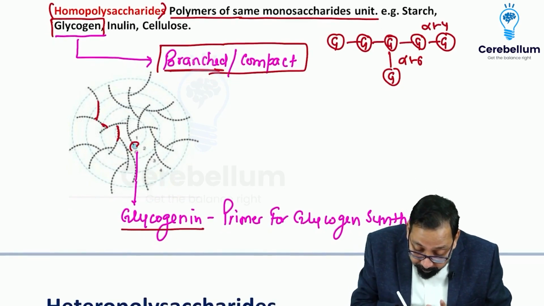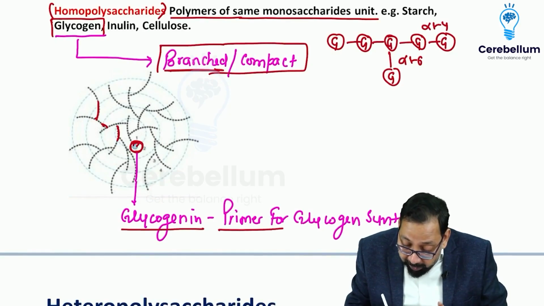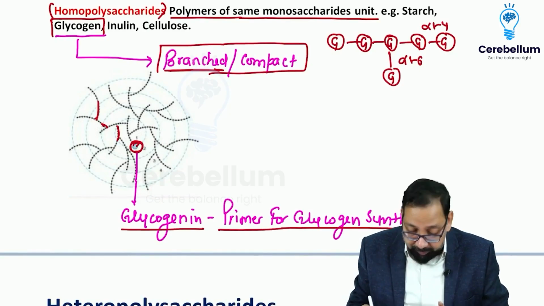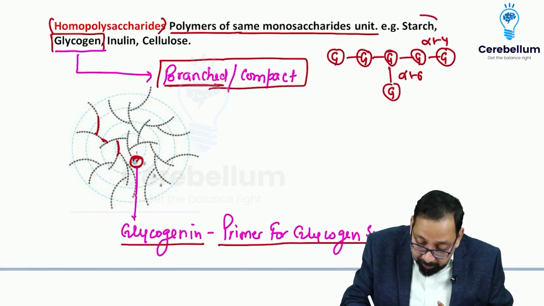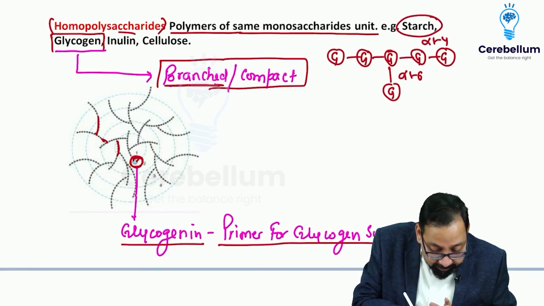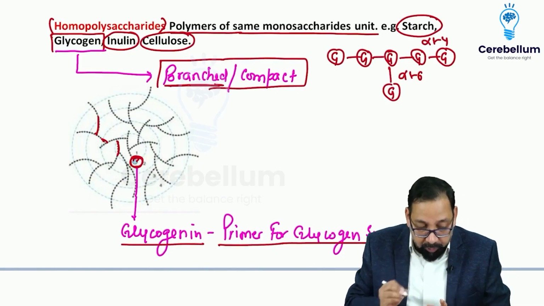So this is branched and compact and stored in humans in the liver and muscle. Glycogenin is a protein. This is glycogenin, the primer for glycogen synthesis. So examples of homopolysaccharides are starch, glycogen as I described, inulin, cellulose. Now